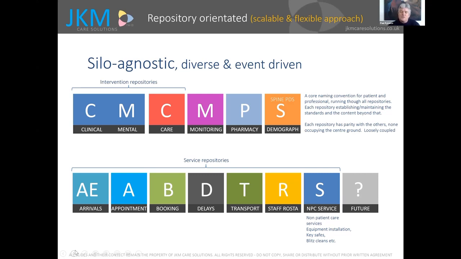But if we wanted to look at more operational things, then we should be looking at, well, when did a patient arrive? Not who saw them and what happened, what interventions. That will stay in the clinical side. And so by virtue of the fact that we start having these individual repositories, we can almost think of them